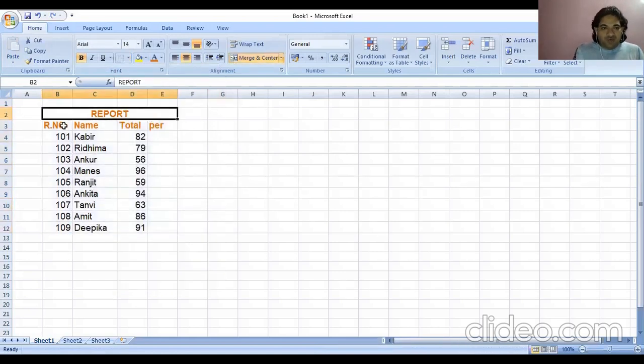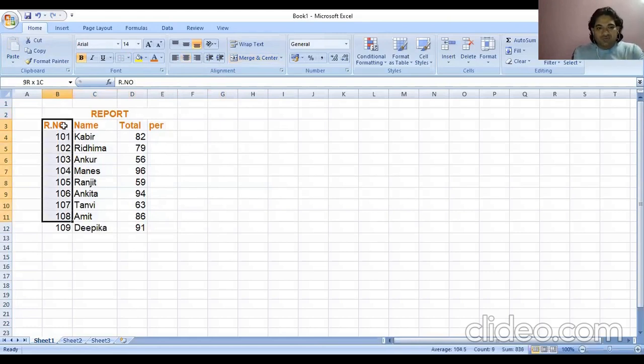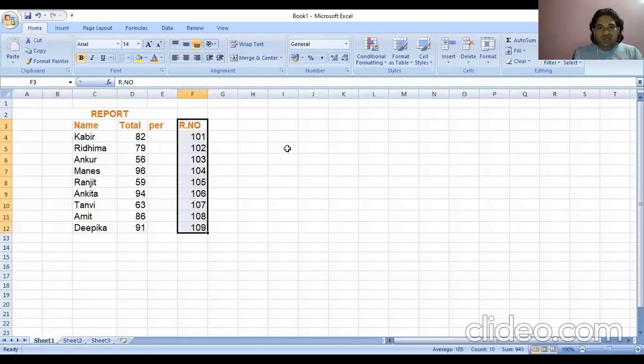Yeah. Now I want to change this. How can I change it? Select this full column, right click, cut. Can you see, when we click on cut, a dotted image is coming, right? And I want to bring the roll number here. What can I do? Control V. You can see I have made changes, right? So you can move here and there. Now suppose I don't want this roll number here, I want to bring it back to the original place.